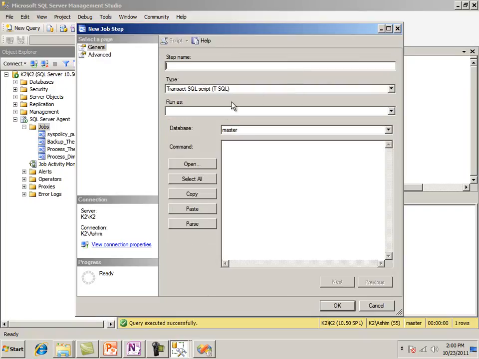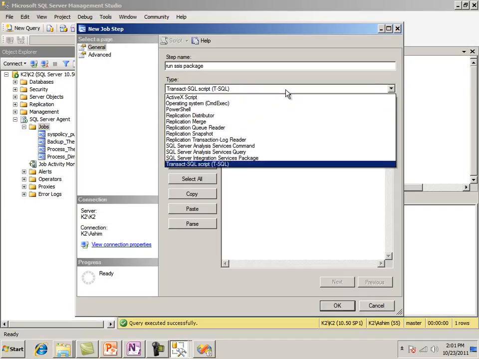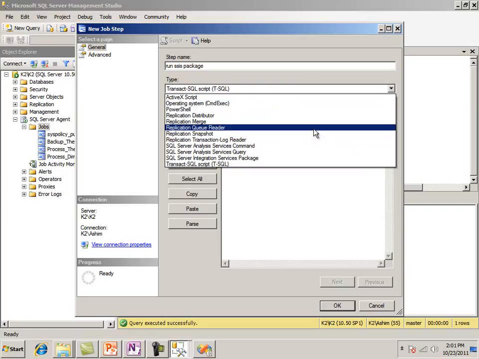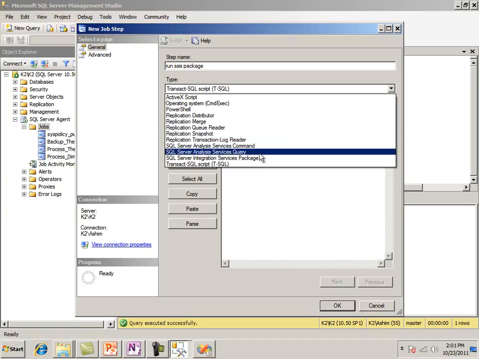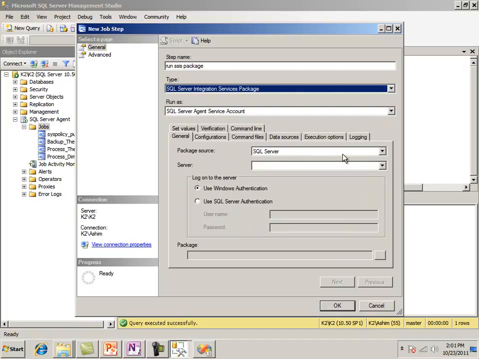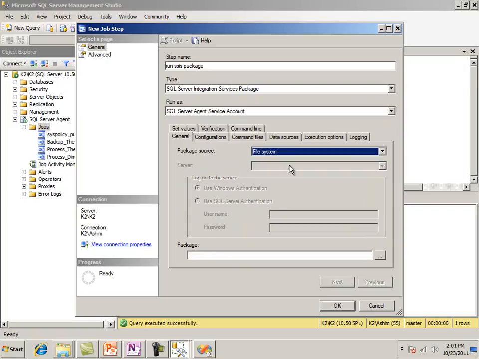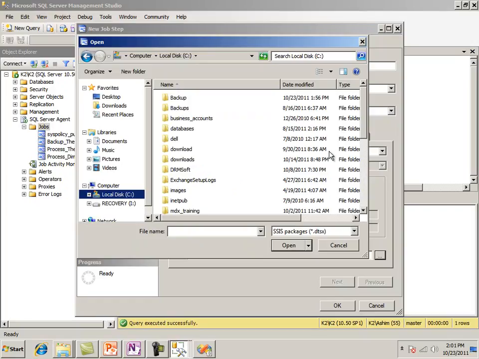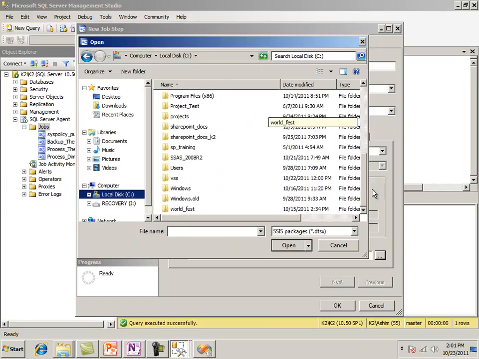Steps, new. Now this time run SSIS package, right? So SSIS package, then go and run the XMLA. Here this is an SSIS package, and where is my SQL Server Integration Services package? It's located in a file directory, so it's a file system, and we're going to grab the file system. Now where is the file system? It's, I believe,